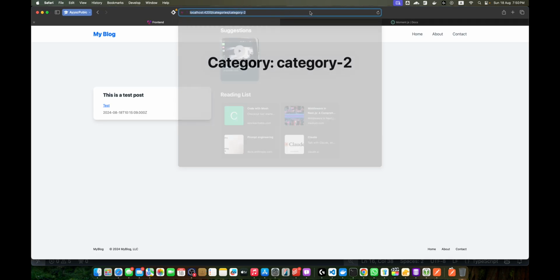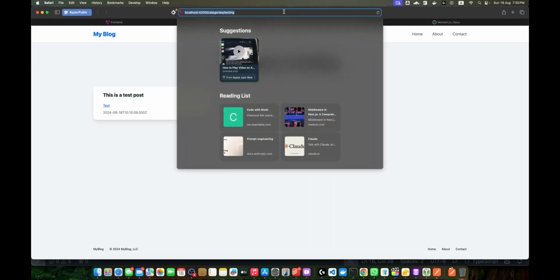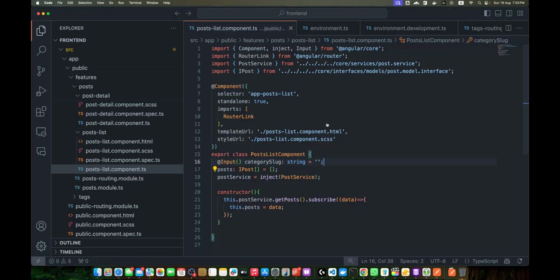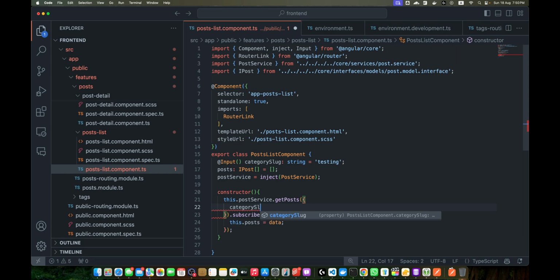For now I can use the actual slug that is correct, and we will see if that works. Okay, so this is the default value. We will remove that after it is implemented. I added it just for testing purposes. Okay, now when we get the posts, we can pass some filters to it. So for example, here I need to pass the category slug in this way, this.categorySlug, and open